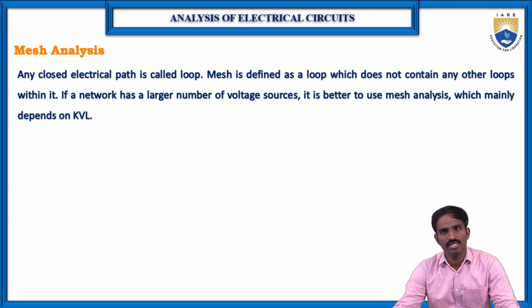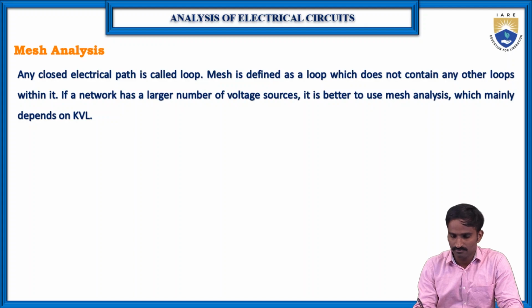Any closed electrical path is called a loop, and a mesh is defined as a loop which does not contain any other loops within it. So the difference between a mesh and a loop, you just observe. Any closed path is called a loop. And a mesh is defined as a loop which does not contain any other loops within it, which means,